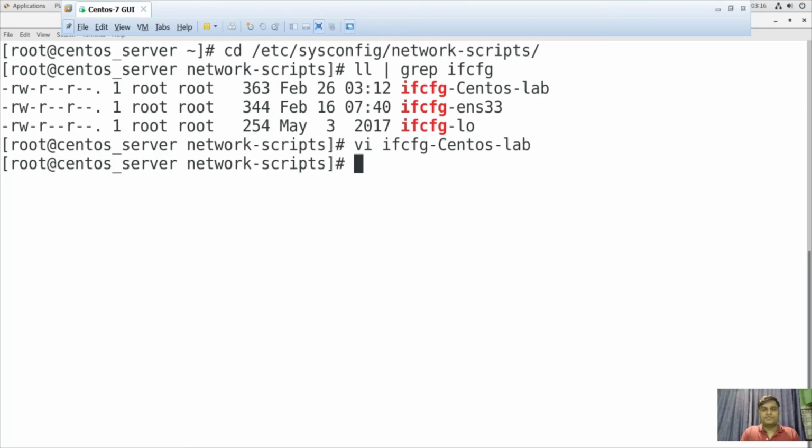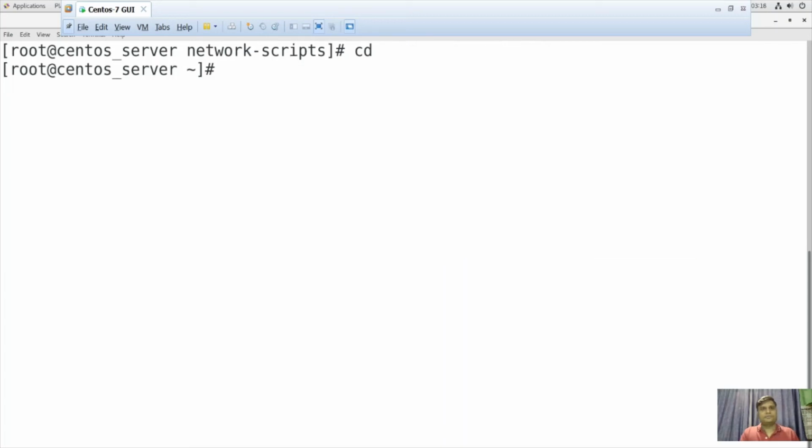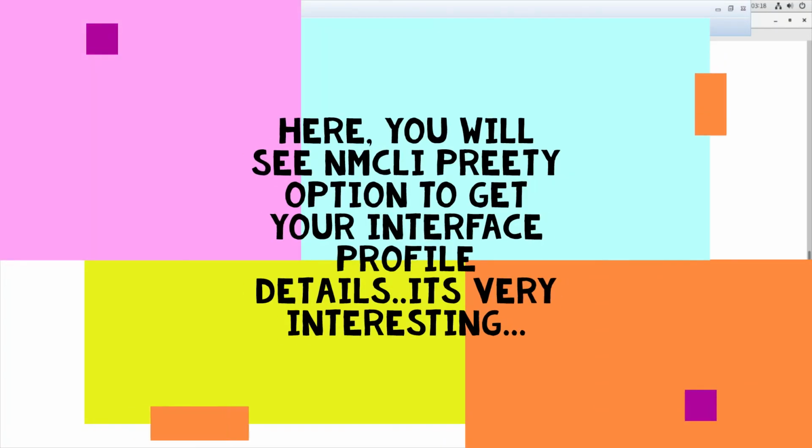So this is a very popular command, and in CentOS 8, we are not using any ifcfg and sysconfig directories. We just use this command and save the IP. So that's why it is very important. So Red Hat uses this nmcli command in this certification program, right? So guys, I will show you some more